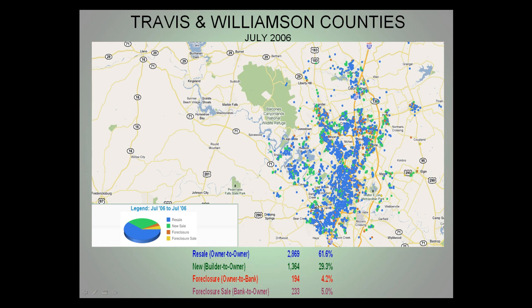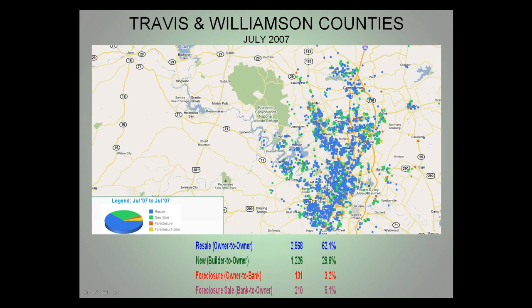Foreclosures and foreclosure sales, for a baseline figure in a healthy economy, are at about 9.2% total. That's a fairly high number. That ties back into Texas foreclosure law, where you can foreclose and resell a home in a much shorter period of time than you can in many other markets. That really prevented and continues to prevent an extremely rapid buildup in distressed inventory, and it just keeps homes from lying around in distressed condition for extended periods of time, like we know happens in many, many other markets.